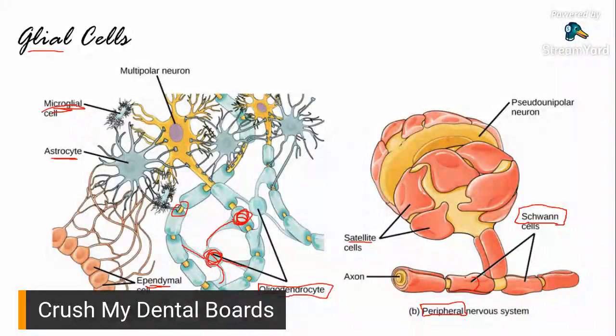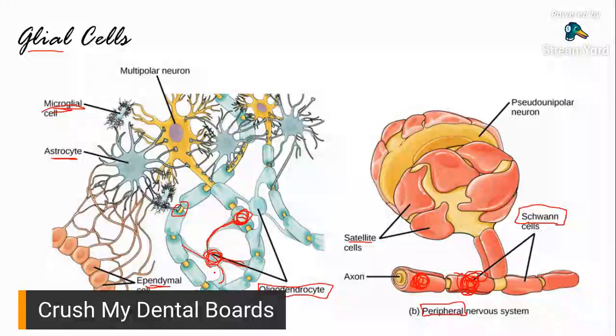So, ito yung actual cell body niya. So, it wraps around that portion. One cell would wrap around one portion of your axon. Another cell would wrap around this portion of the axon. Okay? So, hindi siya katulad ng oligodendrocyte. The cell body is outside, not attached to the axon, so it just has processes that would extend towards your axon and then surround it, forming your myelin sheath.